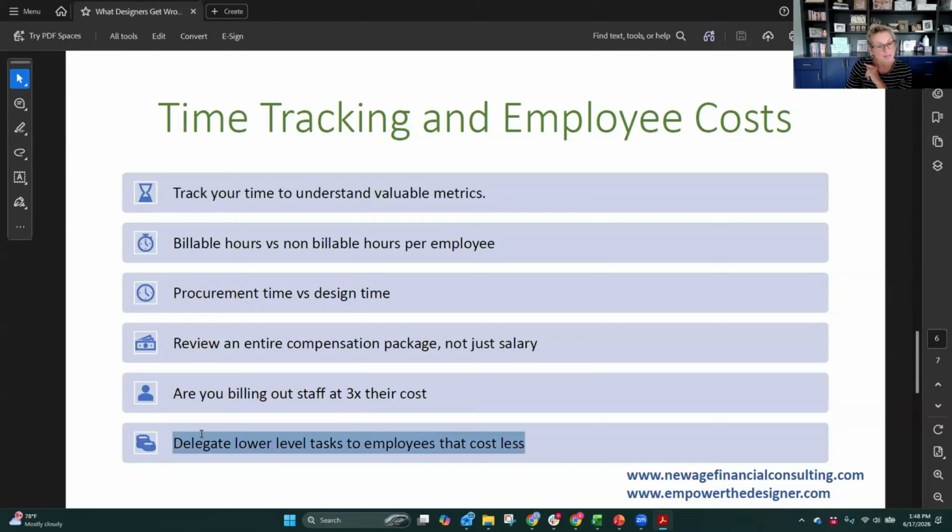We talk about this a lot, when it comes to any business, but design firms especially. Your senior level team members should have a higher utilization than your lower level team members. They're more expensive, and you want them working on tasks that are more fulfilling and produce higher revenue for the firm. So a senior level, 80 to 90% for sure. A junior level, 60 to 70%.